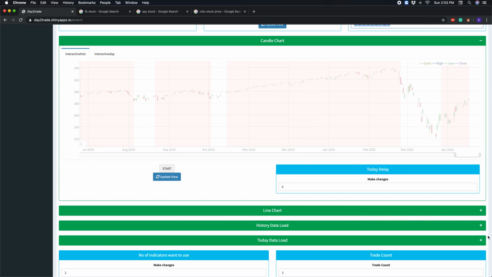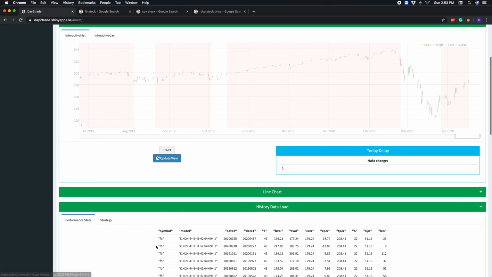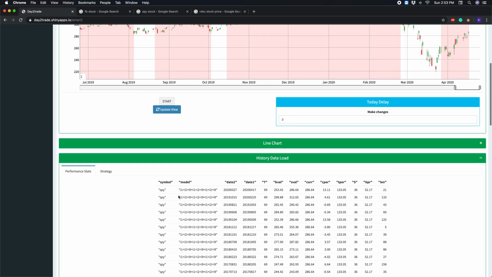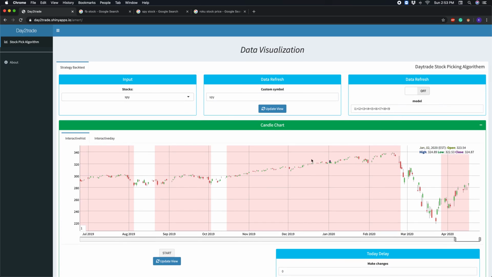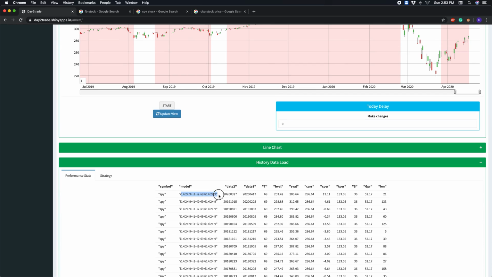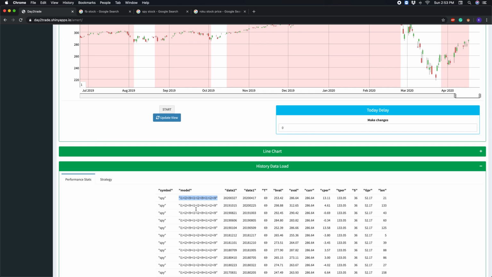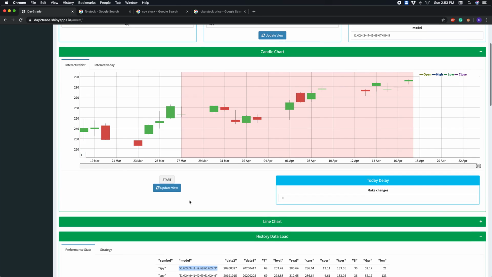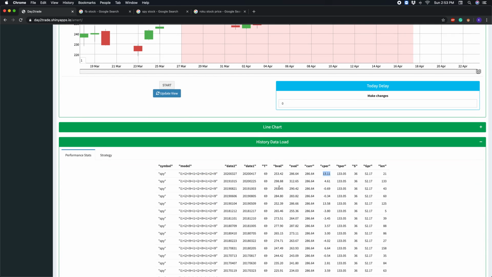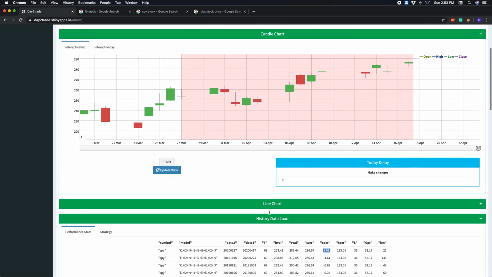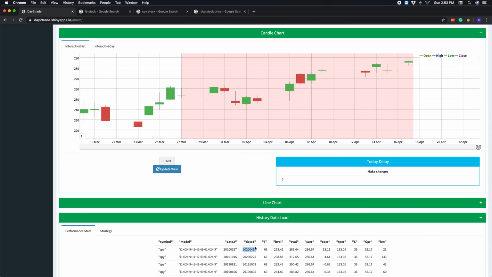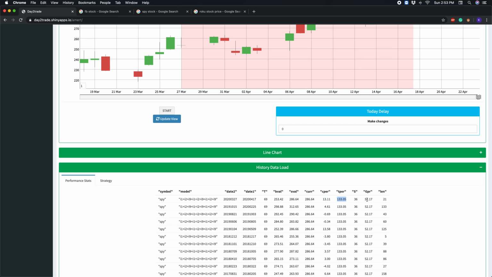Okay, so I just want to show you the performance here for SPY. SPY has not picked the default strategy. Whenever some strategy is saved in my system, it will pick up from there and it won't be default. If there is no strategy saved in my system, then default will be picked up. And SPY has decent profit from the day that we started, which is 13%. We started the trade on March 27th, and at 4/17 we are still in the trade. We got 13% profit in history, and the probability is 52% here for SPY.